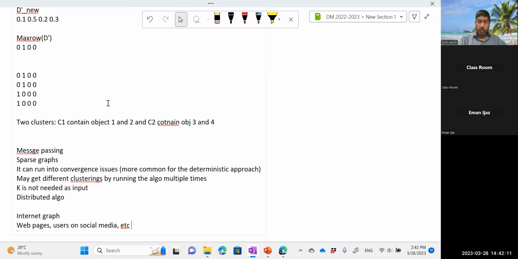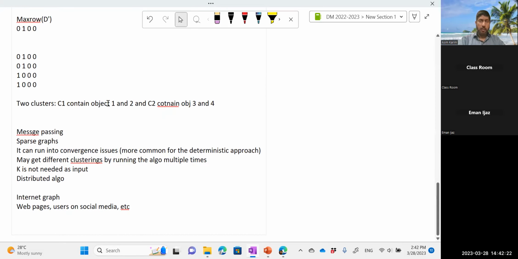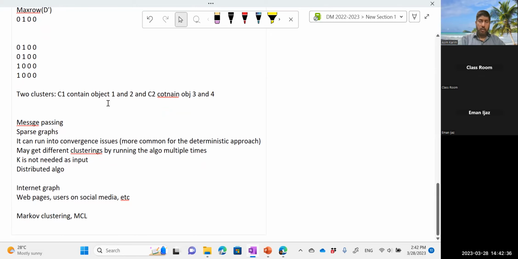Okay, so these are some of the pros and cons and characteristics of Chinese whispers and other algorithms similar to this. So other algorithms that are similar, message passing based algorithm के नाम से भी एक, there's something called Markov clustering भी एक होती है algorithm, which is also known as MCL, which is very similar to Chinese whisper. ठीक है। और also एक algorithm है message passing clustering, this is also very similar to this, थोड़ा थोड़ा फर्क है।